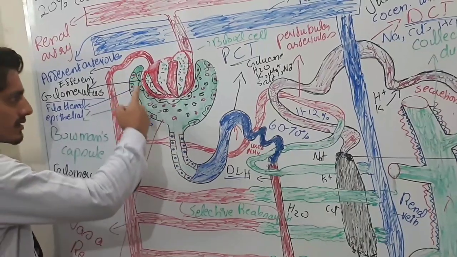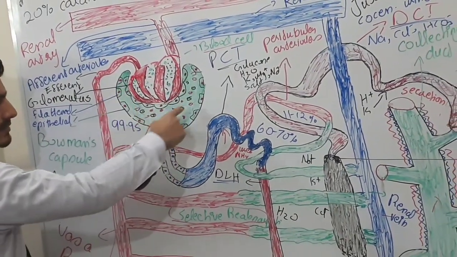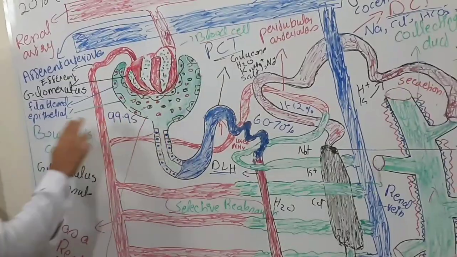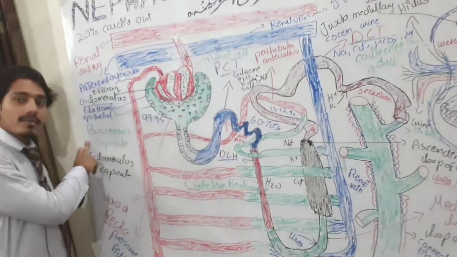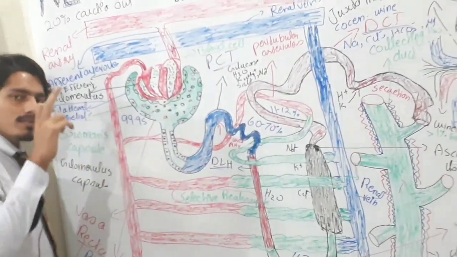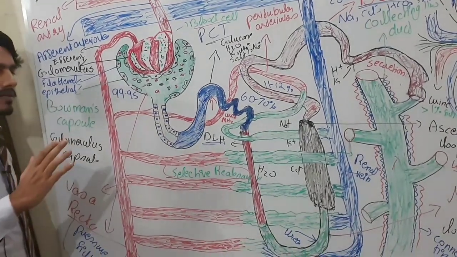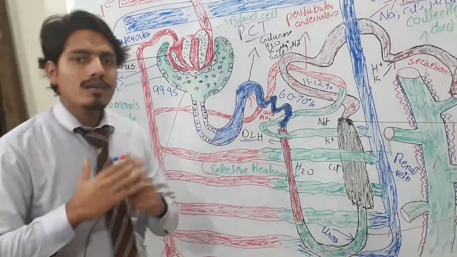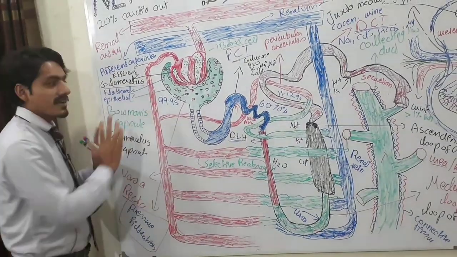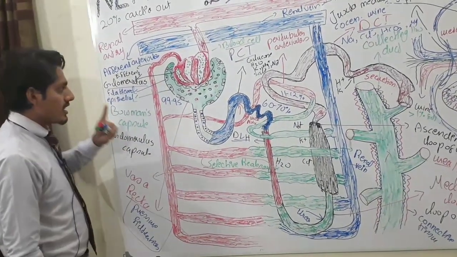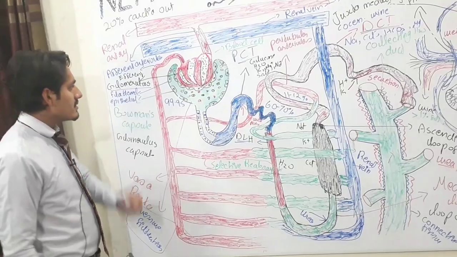The first one is a C or cup shaped structure. This C or cup shaped structure is called Bowman's capsule, and it is also called the glomerular capsule. Bowman's capsule is named after the scientist who discovered it. Okay, the first one is Bowman's capsule, and the next one is